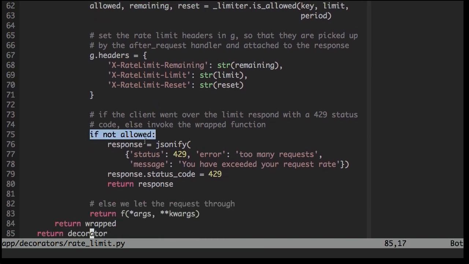If the client is not allowed, then I'm going to intercept this request. I'm not going to call the wrapped function, and instead I'm going to send a 429 response. If the client is allowed, then I'm going to call the original function, and this will let the request through. But we are still missing these headers. These headers were added in a G global. So now what I'm going to do